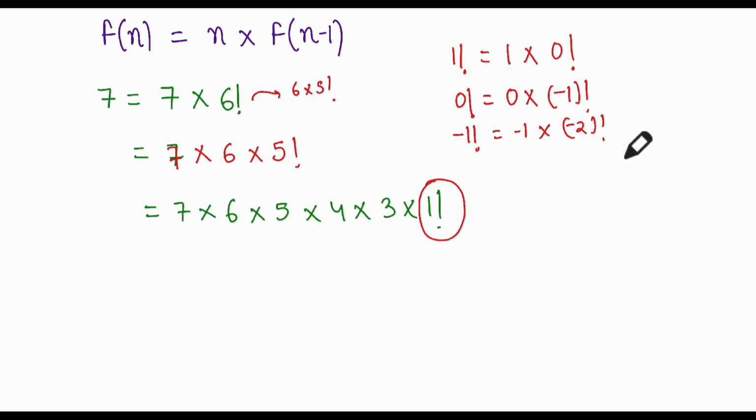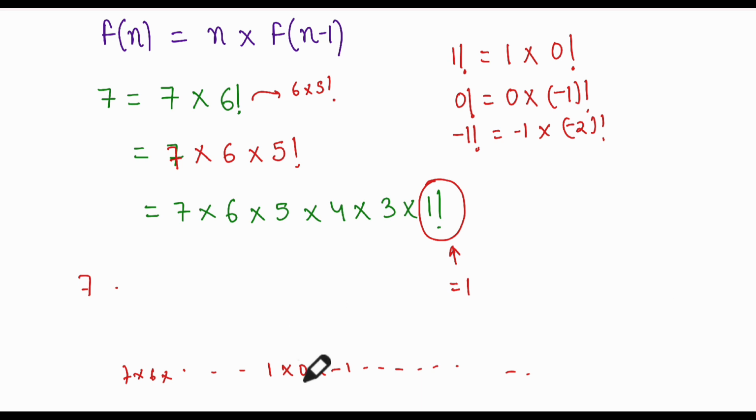Now, you see that a point comes where this situation will go totally out of our hand. So we need to have a base case. The base case is that we know that 1 factorial is equal to 1, or we know that 0 factorial is equal to 1, because if we don't stop it, we will keep on multiplying, 7 into 6 into 5 into 4 into 1 into 0 into -1, and so on, right? And what will happen is that we will never stop. We will start from a number and keep going till infinite time.